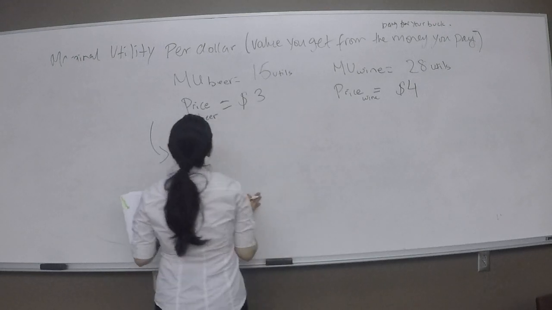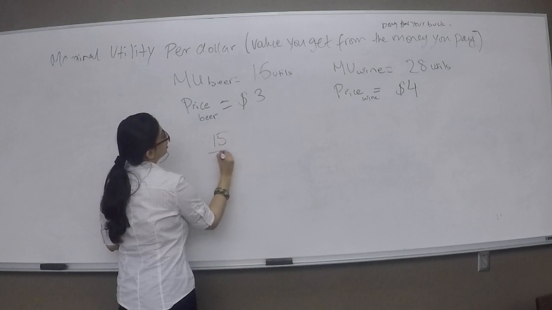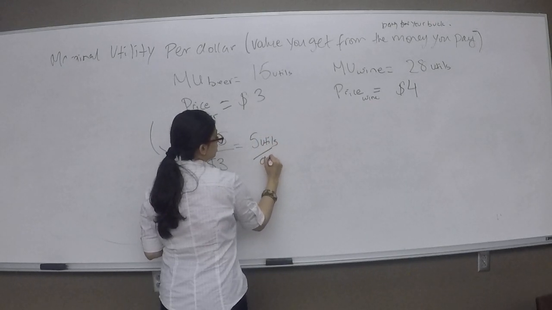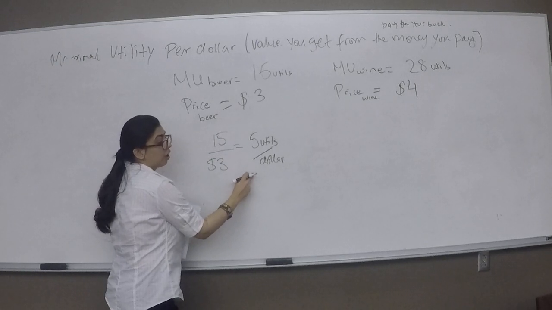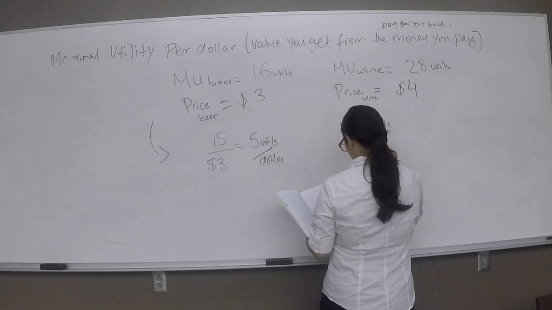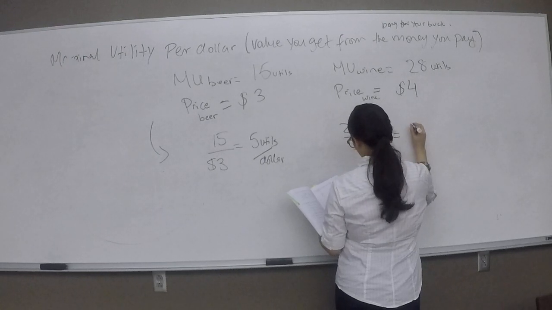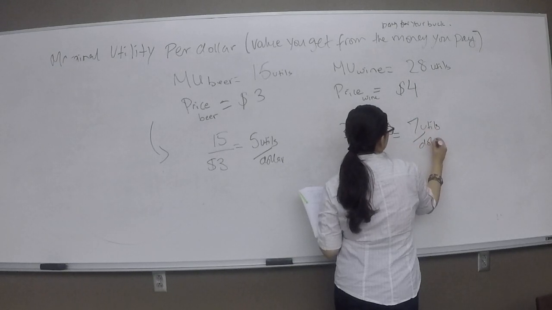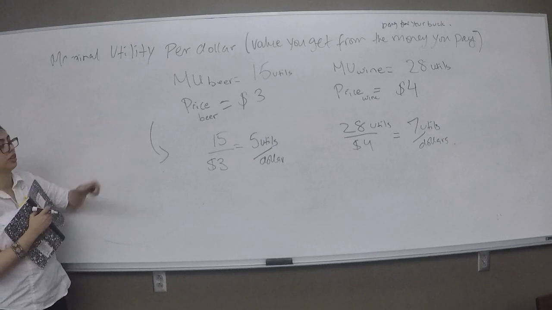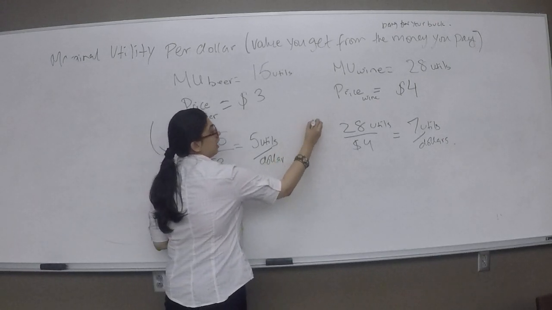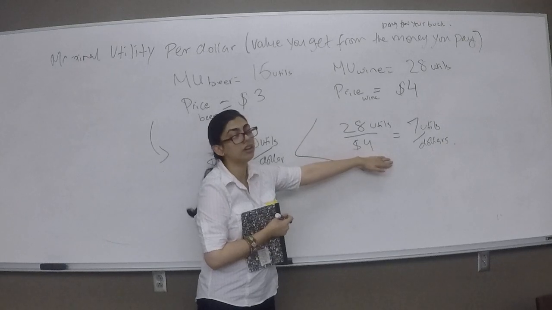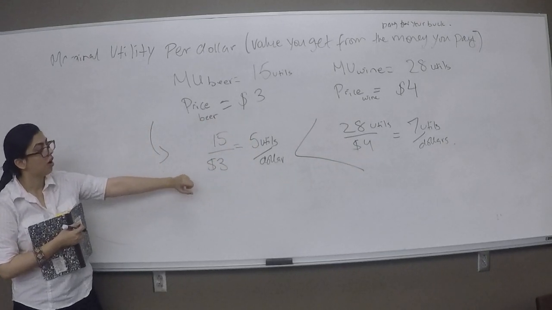So what's your marginal utility per dollar for beer? 15 divided by 3. 5 euros per dollar. So you get 5 euro satisfaction per dollar you spend. And for wine it is 28 euros divided by $4. It's 7 euros per dollar. So which has greater marginal utility per dollar? Wine. In this case, wine has greater marginal utility per dollar because for every dollar you're spending on wine, you're getting 7 euros of satisfaction. On beer, for every dollar you're spending, you're getting